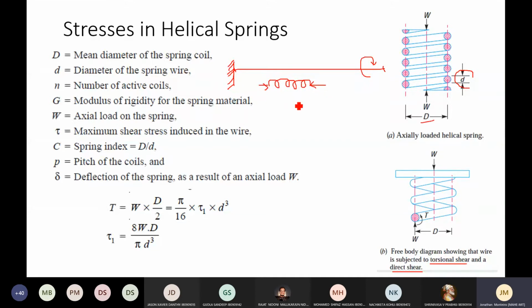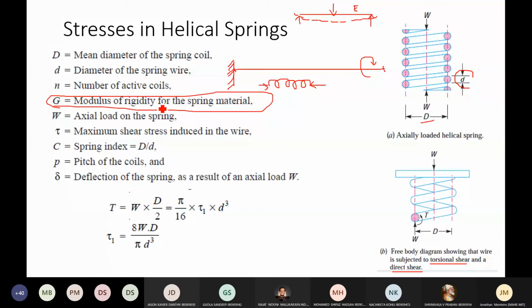Okay. What is the criterion for a helical spring? If it is something like a beam or anything that bends, we already used an analogy. It has a sagging moment or a hogging moment. So in whichever case, the bending stresses sigma b came into existence, and also the Young's modulus gained popularity. Whereas here, since it is a twisting moment, rigidity modulus is important. The rigidity modulus of the spring material is important because we are dealing with torsional shear.